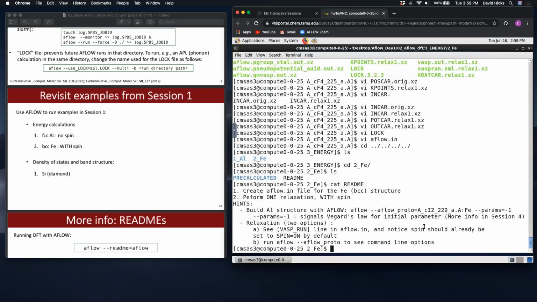Okay, so to generate this structure, we're going to use the same format as before. So aflow --proto=A_cI2_229_a, and then we're decorating this prototype with iron, since otherwise it wouldn't have any elements on it. And as Corey said, we don't need the parameters for this particular case, so we're actually going to leave this off, so you can ignore this. So just type this command here. So if you hit enter,